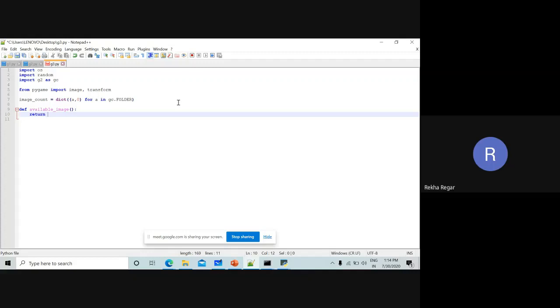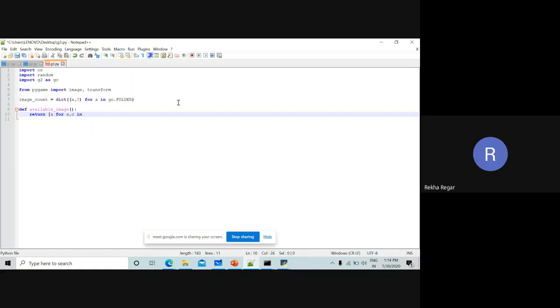In this function, we are going to return two values from the dictionary that is previously defined. So we just have to write down return. In that we are going to return images. Images means the key, that is the key A, and for that key in the dictionary, the dictionary has two values, one is the A, one is the C. It means the second value in that dictionary.